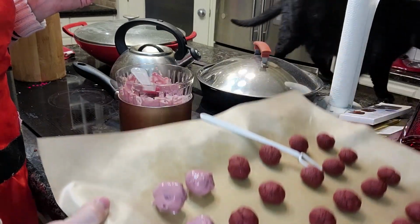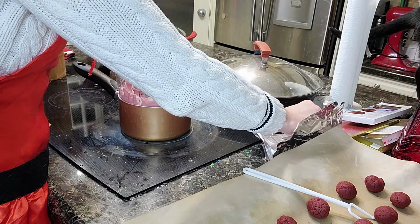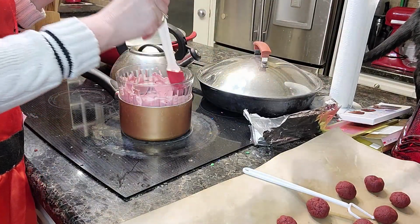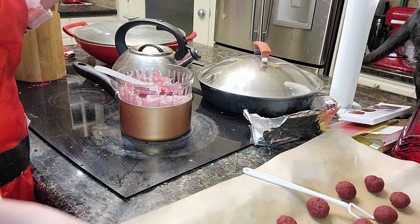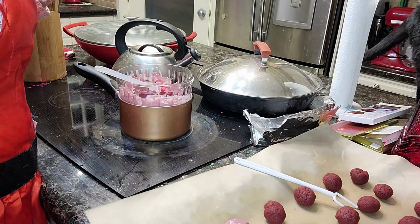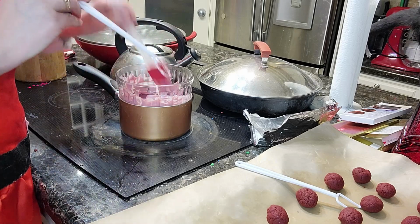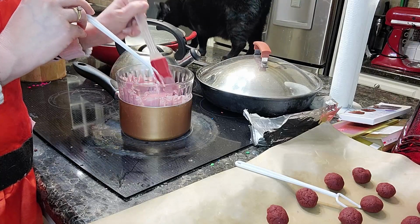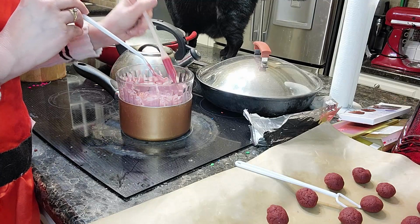So I've got 3 done. So I'm just going to get some more of this chocolate in here to melt. And I'm just going to keep dipping these in. This is probably going to take me about 20 minutes or so, just because I can see how many minutes it's already taken me just to get these 3 done. So I've made 48 little, what are these? Cream cheese bites. So I will be back when I've got more of them done,